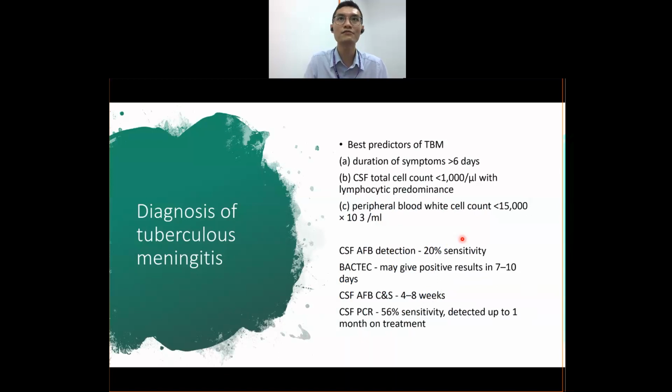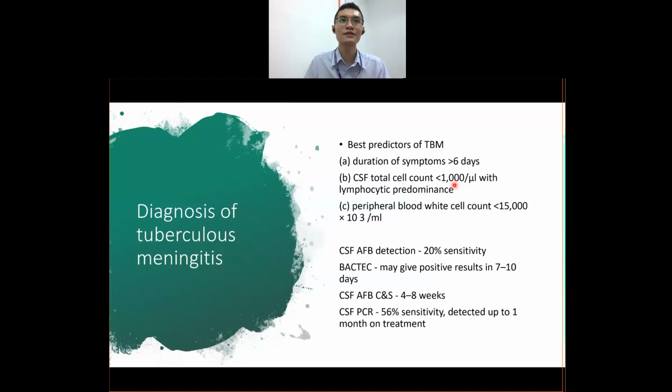So, for example, when we do the CSF, okay, it is usually lymphocytic predominance. Okay, cell count is not very high as compared to bacterial meningitis that can go up to 5,000, 6,000, 10,000 cells. Usually, it is less than 1,000. The duration of illness is usually more prolonged. Bacterial meningitis usually comes in 3 or 4 days, very ill, high grade fever. So if you have somebody who comes in with weeks of symptoms, probably you're dealing with